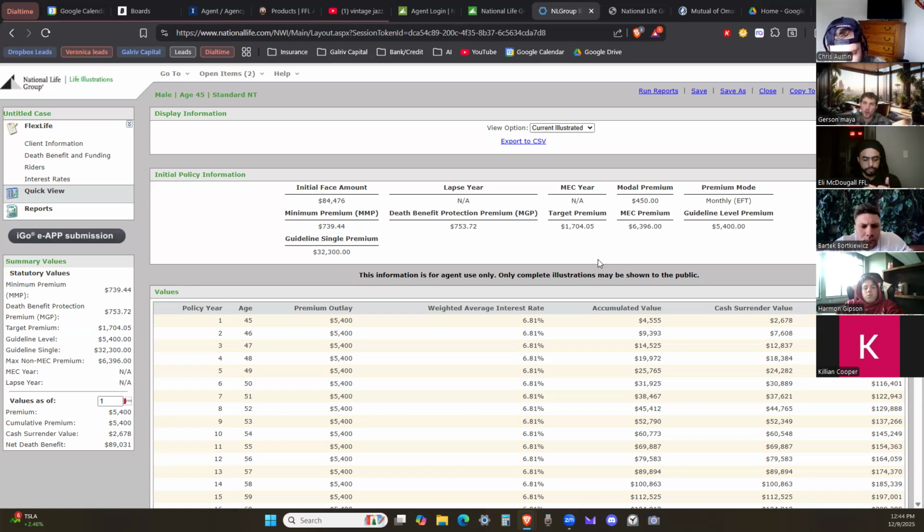It would treat it more like a 401k with a 10% early withdrawal penalty prior to the age of 59 and a half. It wouldn't grow tax-free, it would grow tax-deferred, and that'd be a big pain. The whole reason why we're getting the policy is for the tax-free aspect and the liquidity of the policy. So if we're breaking those MEC guidelines, someone didn't do their job correctly.